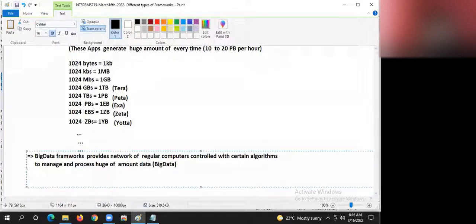Yeah, that's the beauty, guys. What is the specialty of big data frameworks? They never demand separate computers. Are you understanding my point?